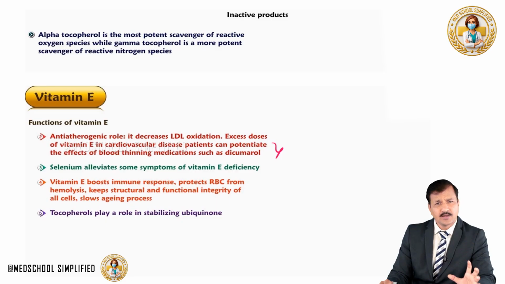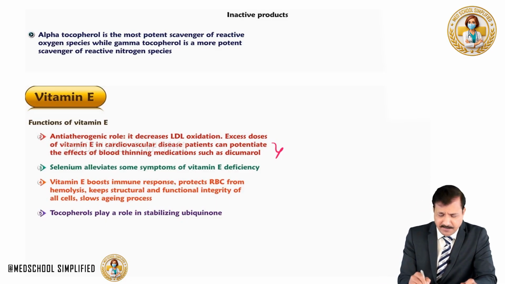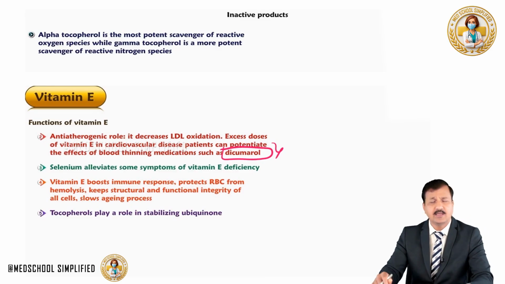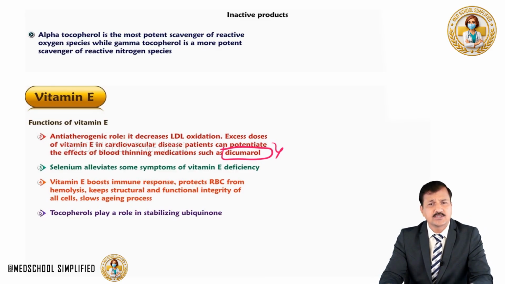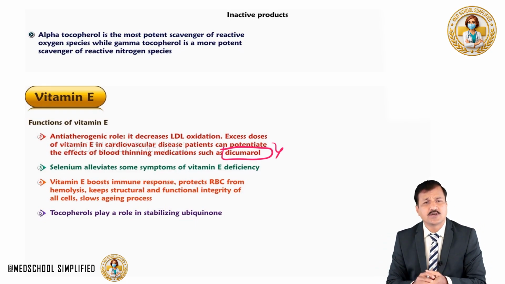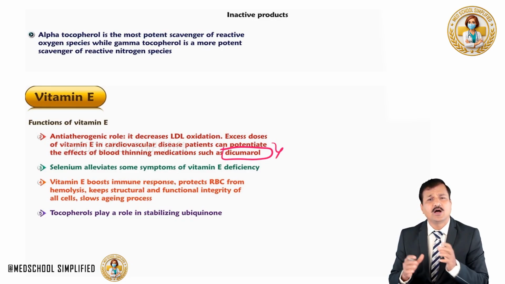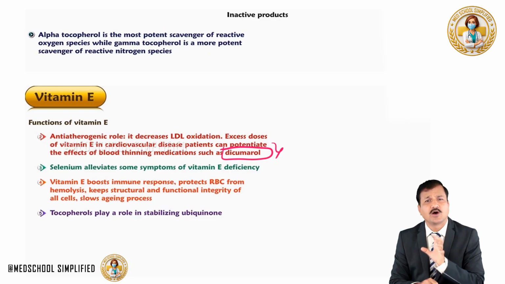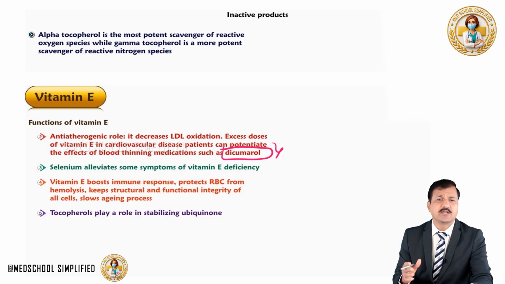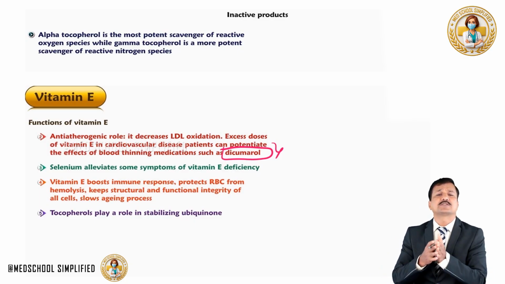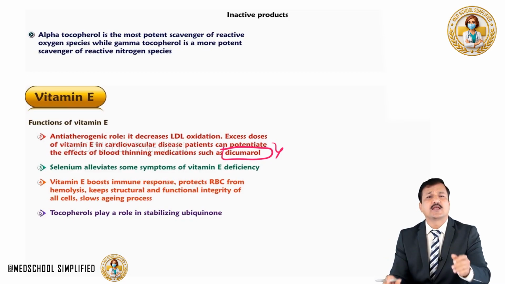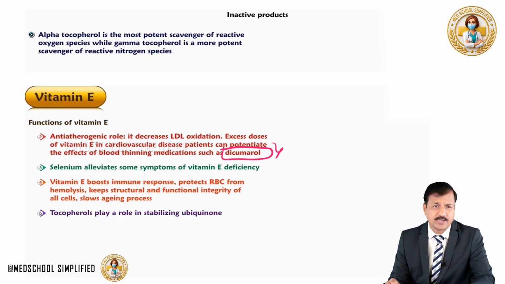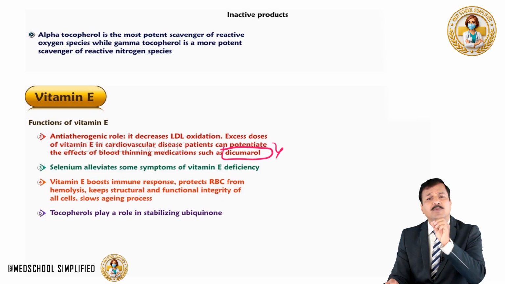Patients with cardiovascular diseases may be using a blood thinning medication called Coumarol or warfarin. So, giving excess doses of vitamin E in patients who are already on blood thinning medication like Coumarol or warfarin can actually potentiate the blood thinning effect of this medication, and that means blood becomes too thin and it can lead to hemorrhages, and that can actually lead to death. So, we got to be careful whenever we supplement vitamin E, especially in patients who are on blood thinning medication